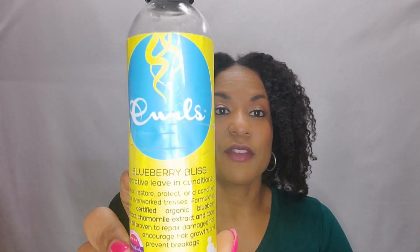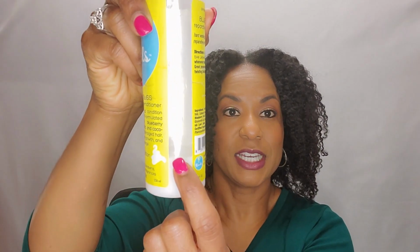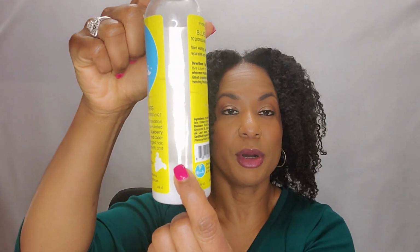Here's the Curls Blueberry Bliss leave-in conditioner. I've got to finish this up. I've had this one a long time. It is down to here, and I bought it when I bought this entire curl set. This is a very good leave-in as well. It says repair, restore, protect, and condition your overworked tresses. It features organic blueberry extract, chamomile extract, and coconut oil, proven to repair damaged hair, encourage hair growth, and prevent breakage. This is another one that does not have any butters in it, but